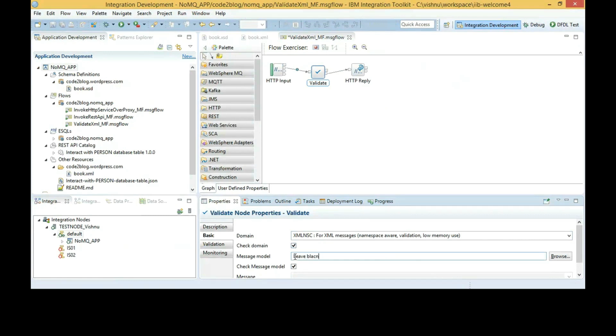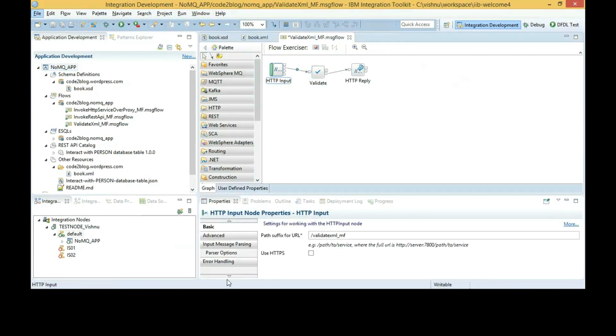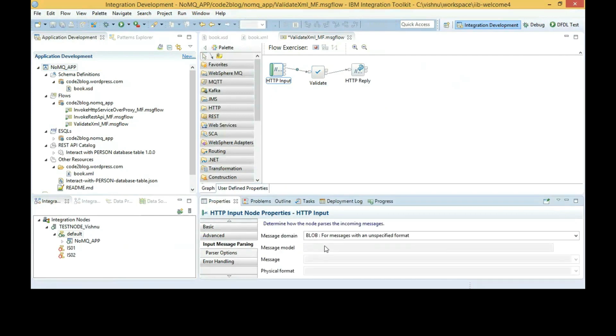You can skip ahead for a few minutes because I repeat the same test multiple times. I leave the message model as blank. I change the domain to XML NSC.